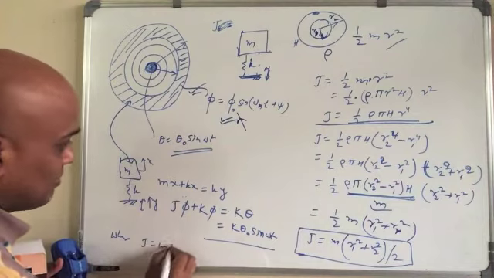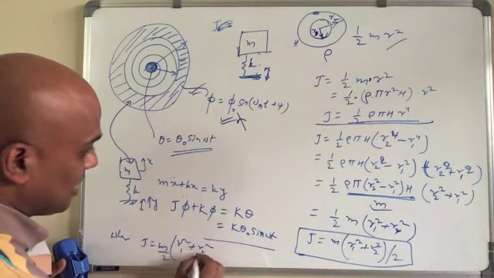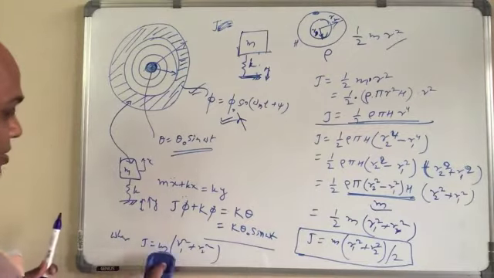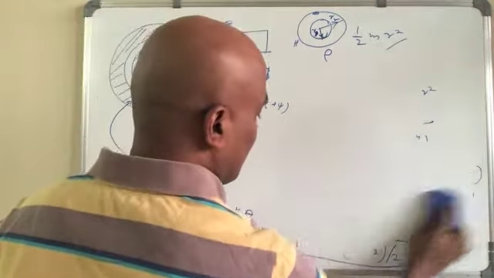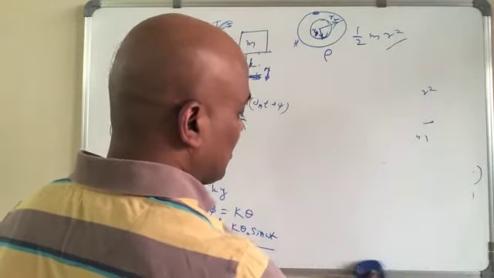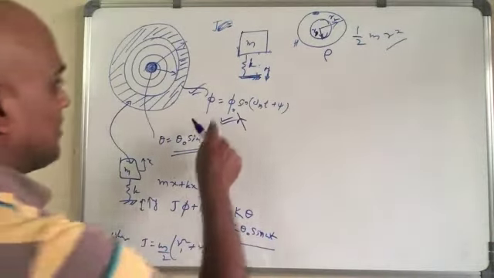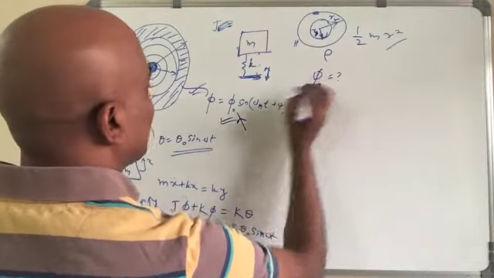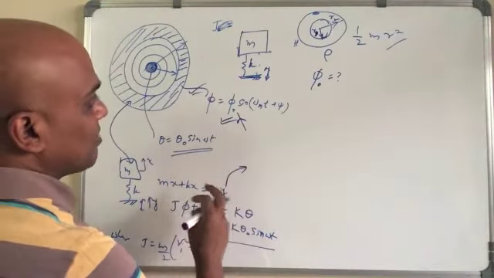j equals m over 2 times r1 square plus r2 square, yeah, where m is the mass given, and these are the inner and outer radii. So j is known from here, k is given already. Okay, and what do you have to find? You have to find the absolute displacement, the maximum value, phi naught. The equation is phi naught equal to what? And for this one, what is the displacement?